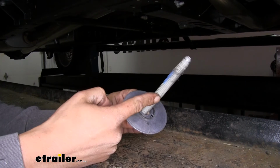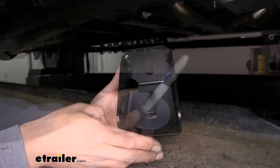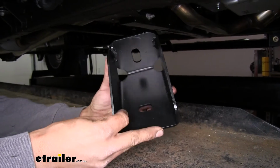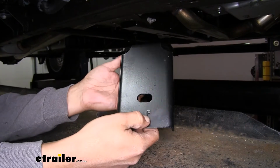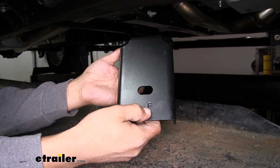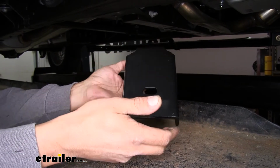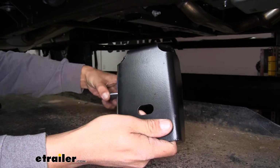Now we want to make sure we hold on to the bolt and the washer, because we are going to reinstall these. So at this point we can grab our front bracket, and if we flip it over to the side where it's flat, we'll actually have an F stamped right in there, so we'll know this is going to be the front. Now both sides are going to be exactly the same, so we don't have to worry about the left or right. What we do want to do though is take that large